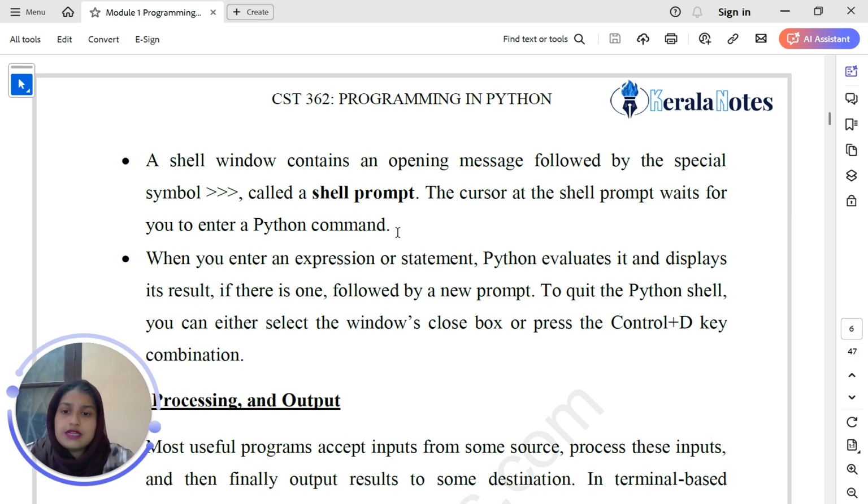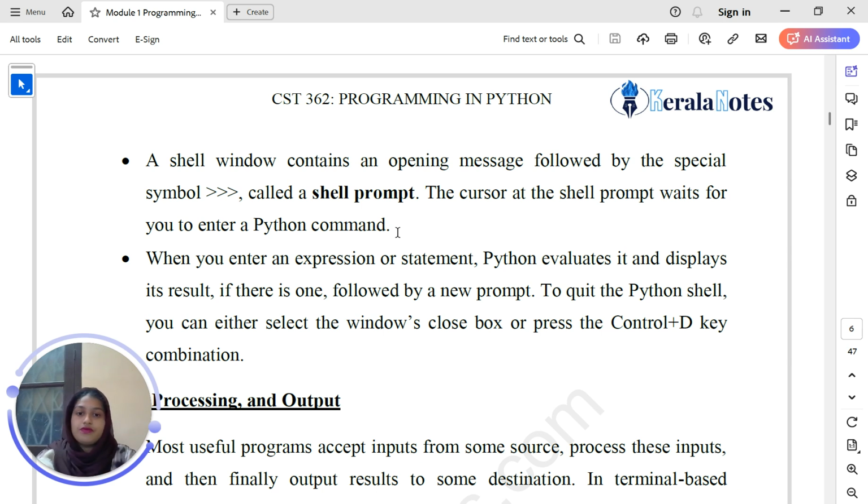When you enter an expression or statement, Python evaluates it and displays its result, if there is one, followed by a new prompt. Once the result is displayed, a new shell prompt appears in the next line.